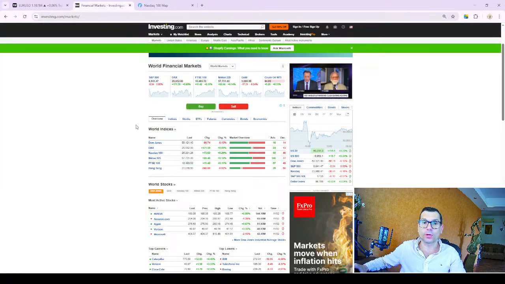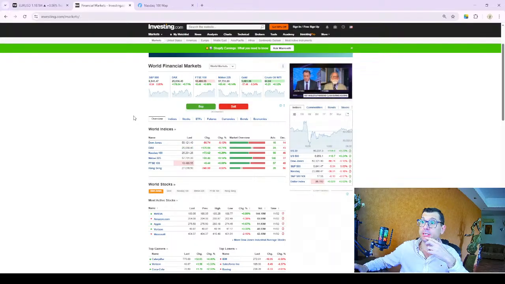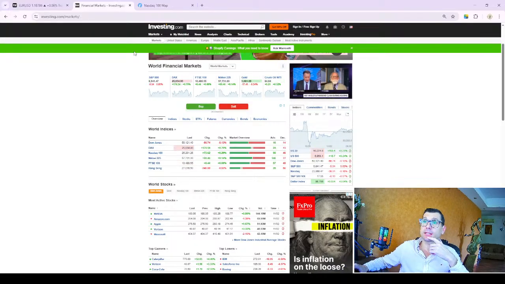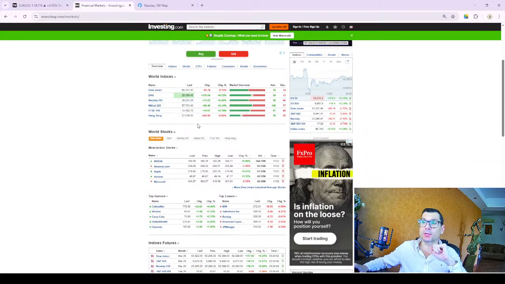Right, let's move forward. So now you understand what the indices are, and it seems that the indices are doing quite well. You see the majority of them are in green, right, and they keep moving. So yeah, very good thing, an opportunity to trade indices today. Now, world stocks. So we have some companies here: Nvidia, Amazon, Apple, Verizon, but we can check, of course, for many more. All right, that's just for you to know about the stock market.